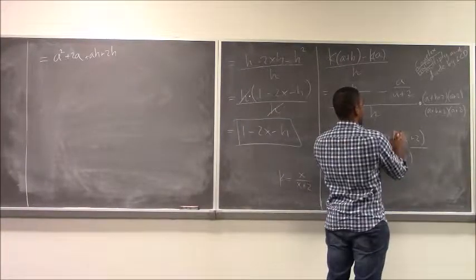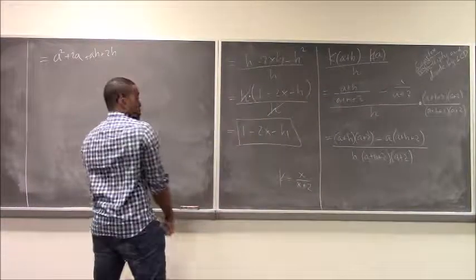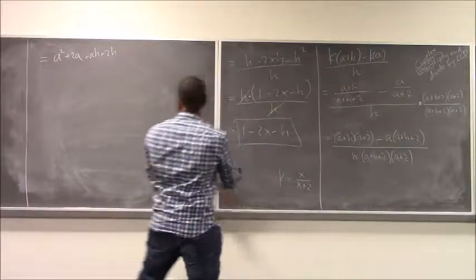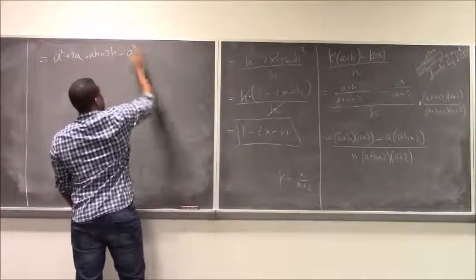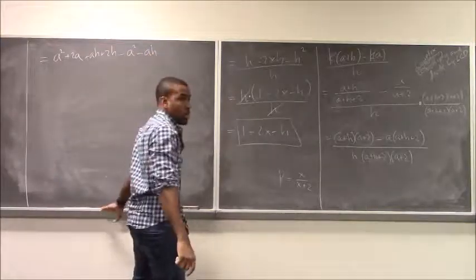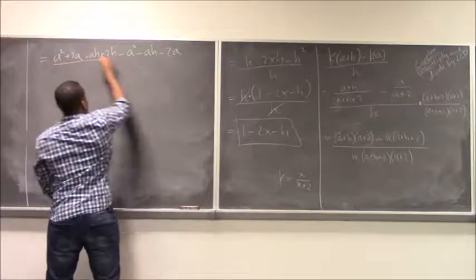This one, distributive law again, multiply everybody. Notice that this a here has a negative sign, so all the signs are going to change. So that's going to be minus a squared, minus ah, minus 2a, all over